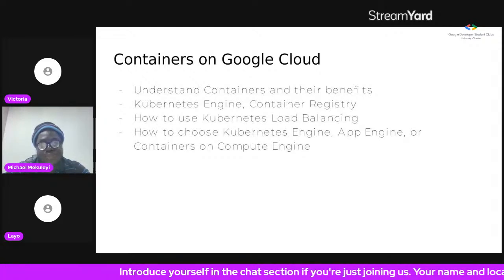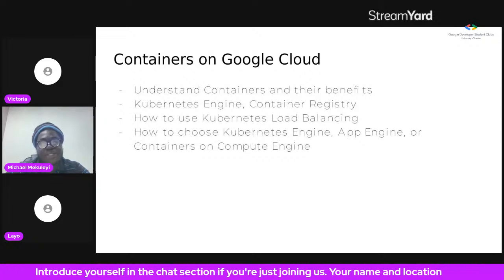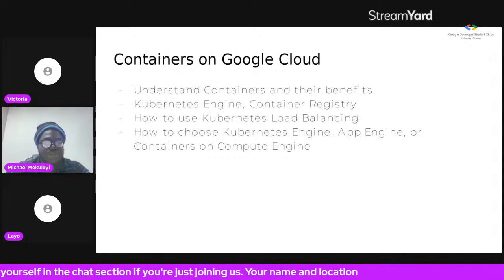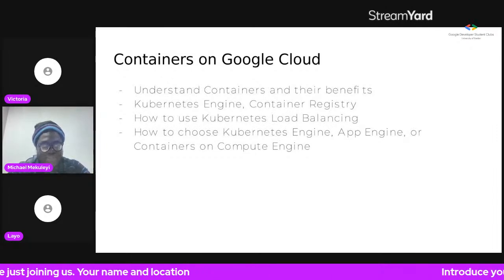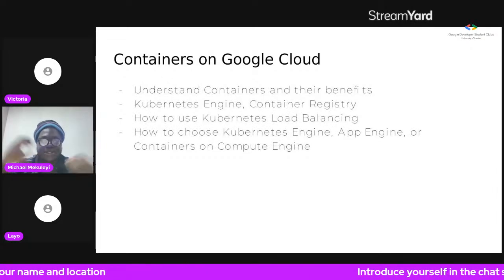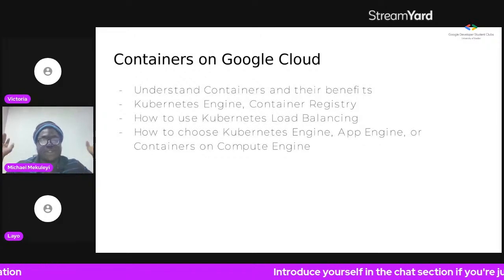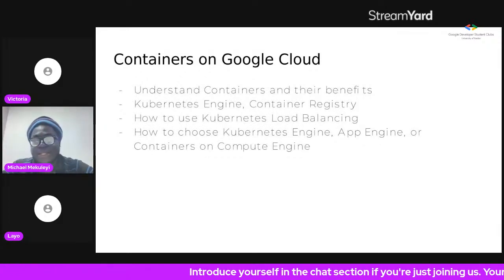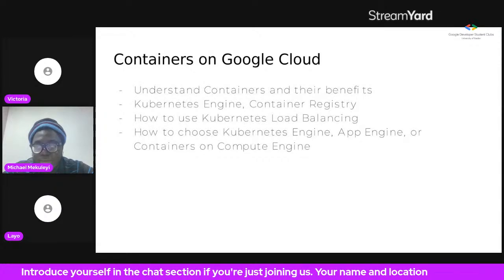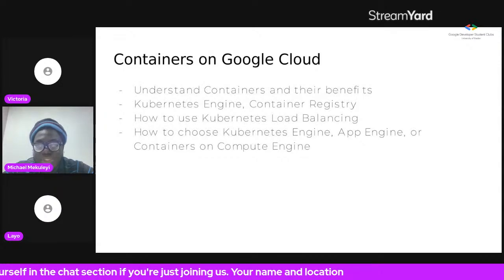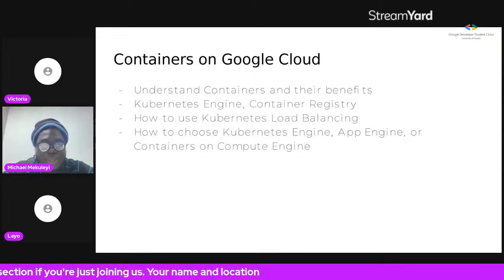You have choosing between Kubernetes Engine and App Engine, and containers on Compute Engine. Like I said, if you don't have specific knowledge on a lot of these things, Google Cloud abstracts all that for you and allows you to just click, and Google Cloud will provision those things and take care of them for you.